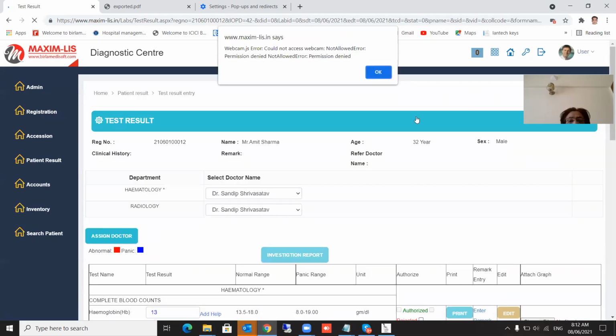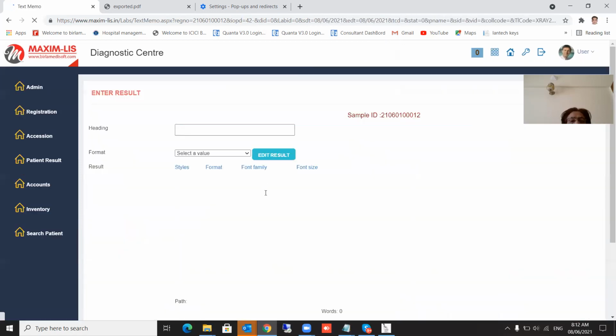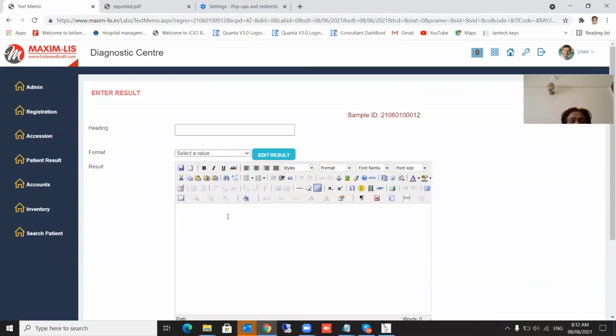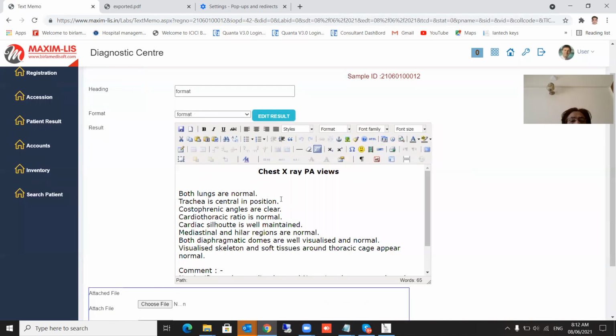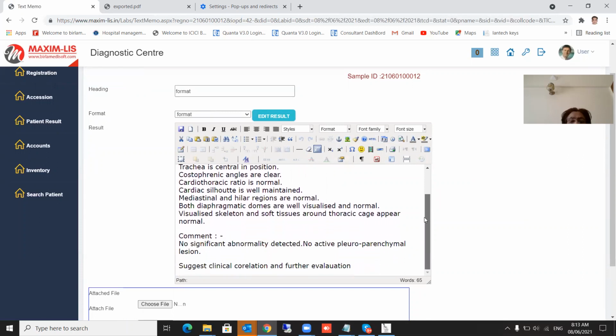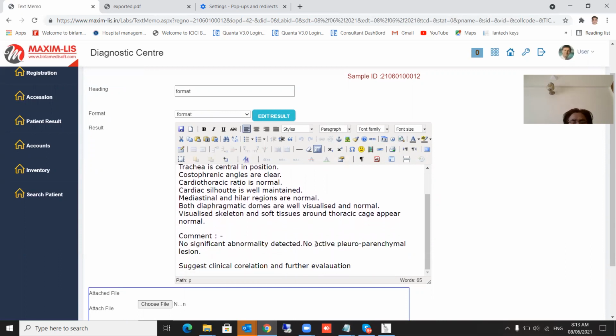We open the radiology, and you will see a complete format is here. The complete radiology system in this software has all the templates entered. So you need not type the template. You just have to download it. I downloaded the template for the X-ray chest, X-ray PA view. The normal format will come, and you can enter your new entry.